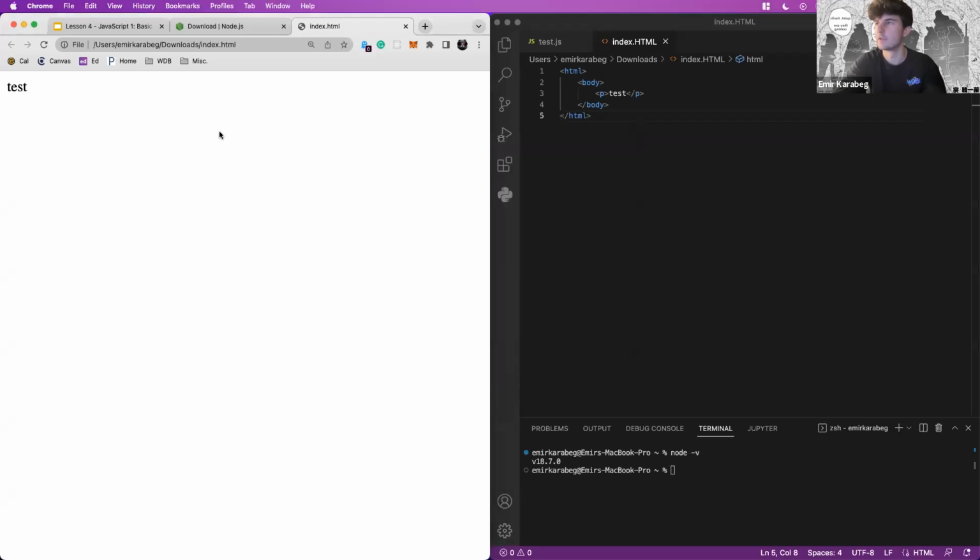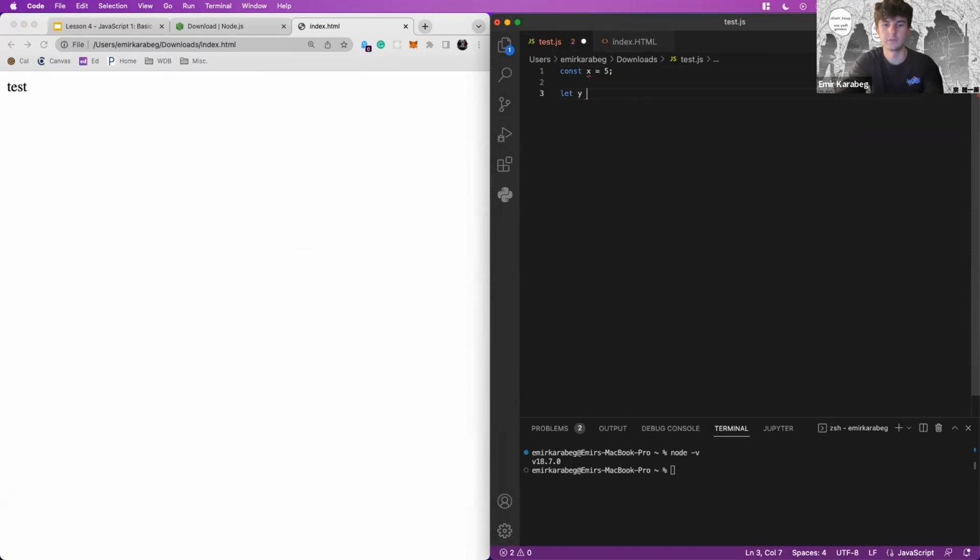Const and let. So const x equals 5. X. So the question in the chat is, what's the difference between const and let? So right here, if I say y plus equals 1, console.log y. So we use Node because